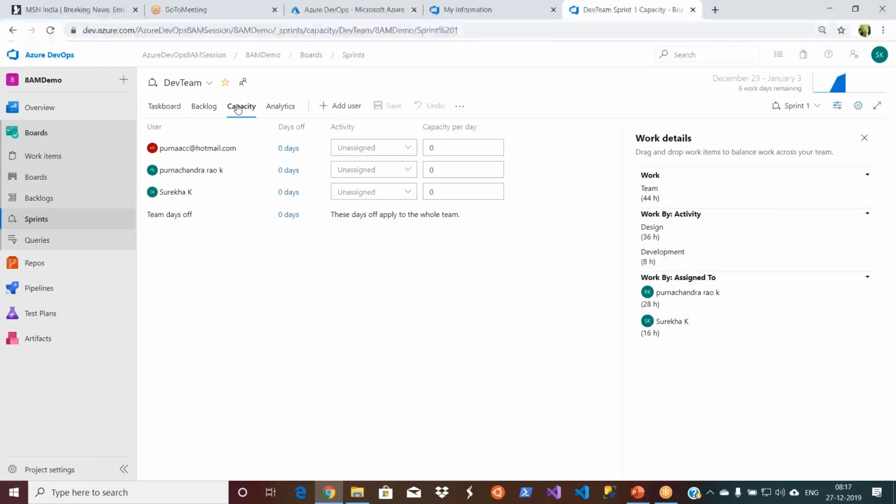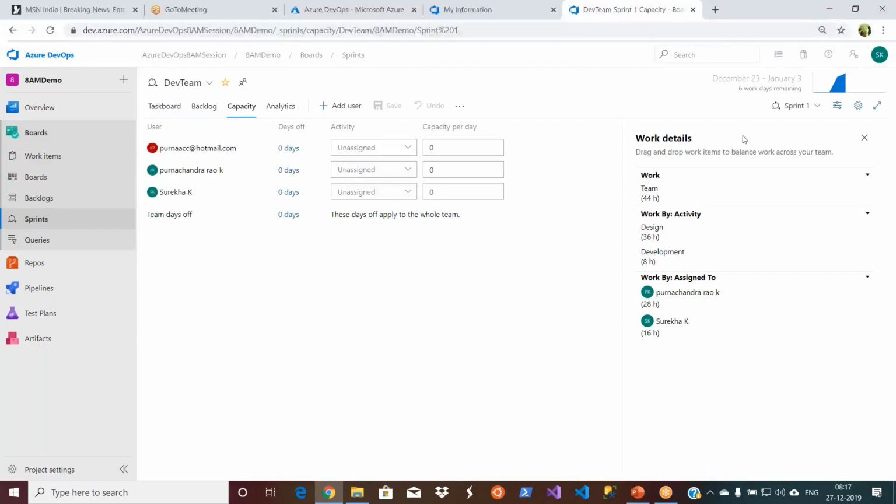This is where we are making, how many hours a person will work on some activity or the leaves, etc. Right? Let's do the capacity here. Before we look at this capacity, before we make these changes, just have a look here actually.